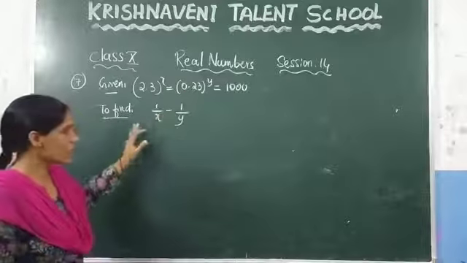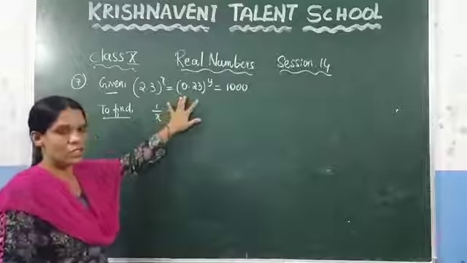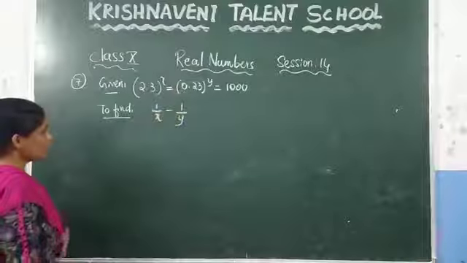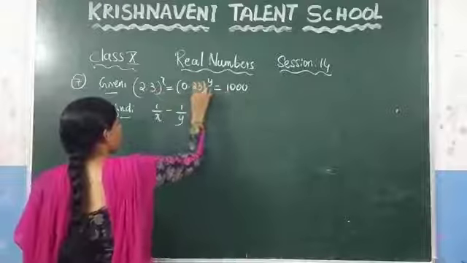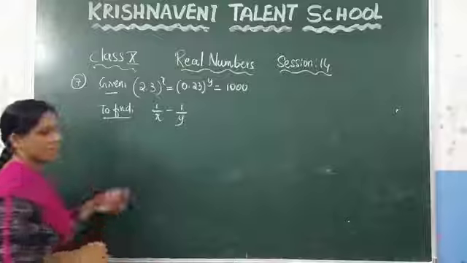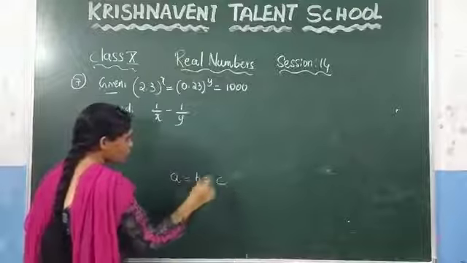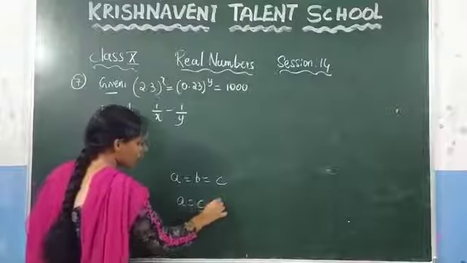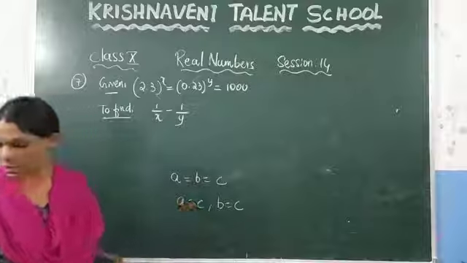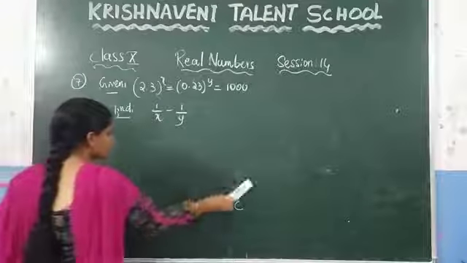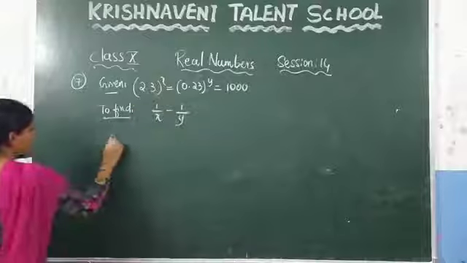You know that we are discussing about the logarithms. Now, we need to apply logarithms so that we get the answer. You can observe that these three are equal. So we can equate these two values and we can equate these two values. Because we know that if A is equal to B is equal to C, we can say that A is equal to C and we can say that B is equal to C also. The same thing we are doing here. So according to the question, we can equate these two values.